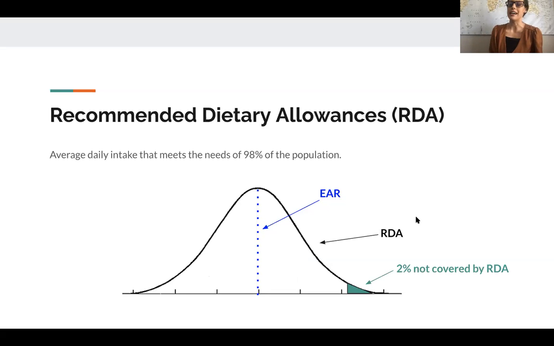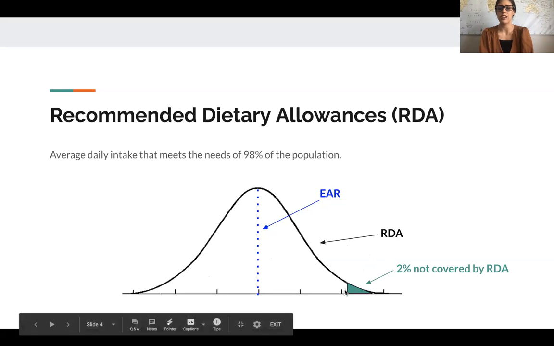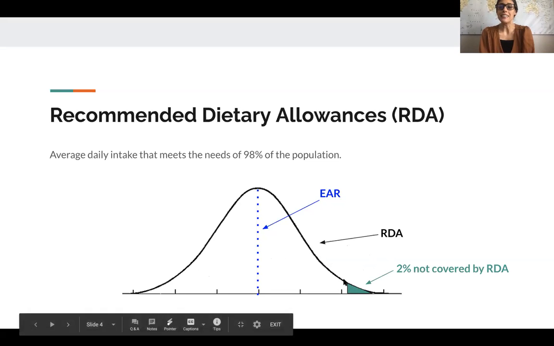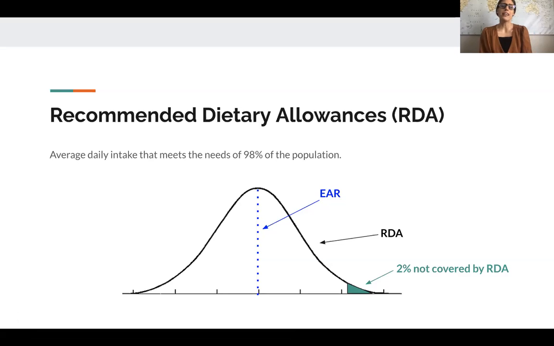That's where recommended dietary allowances come in. These are based on the EAR, the estimated average requirements that we just looked at. And so what we see here is that we take the EAR and then we place the RDA 2 standard deviations above the EAR. So because of this, by doing this, now we're meeting the needs of 98% of the population. So we can now determine based on this equation what it takes for the majority of the population to